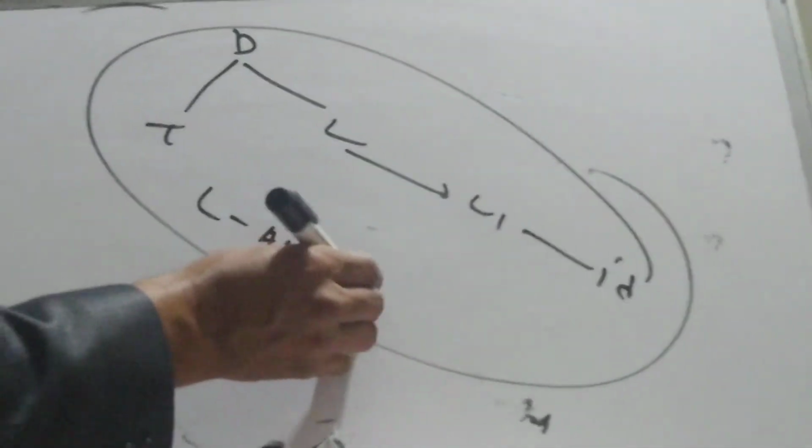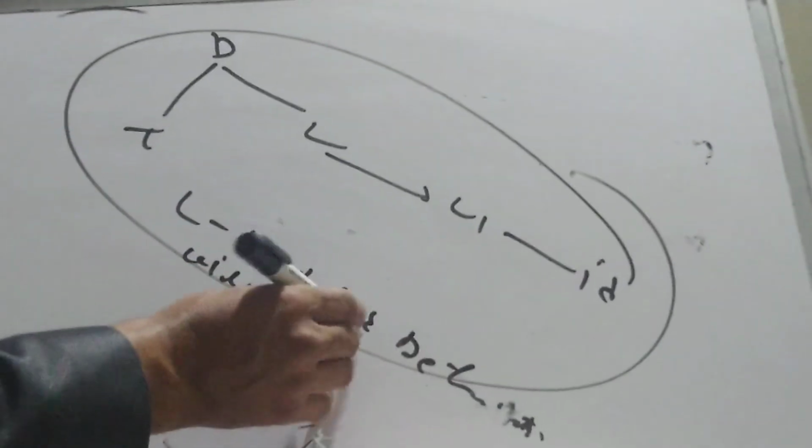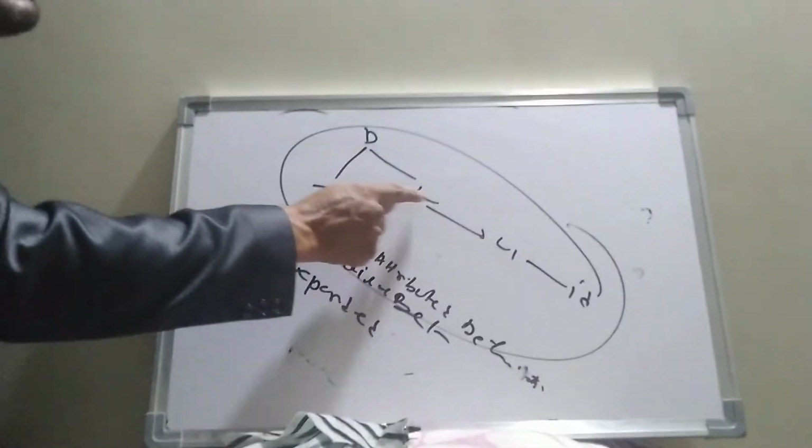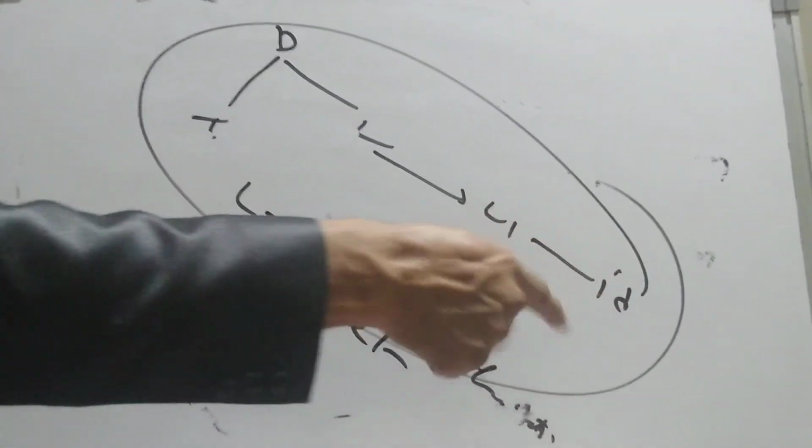So in this way, L attributed definitions will get expanded. So in this way we can say that L attributed definitions are the types of the length, how to expand the length of the definition. That means suppose we are getting definition D equal to TL, then it is expanded. This is the parent and this is the expansion, and ultimately you are getting the ID. So in this way,